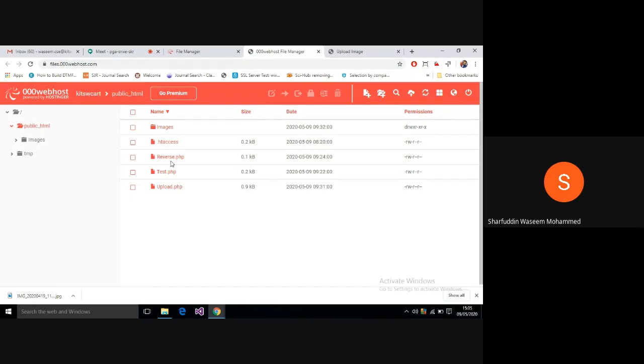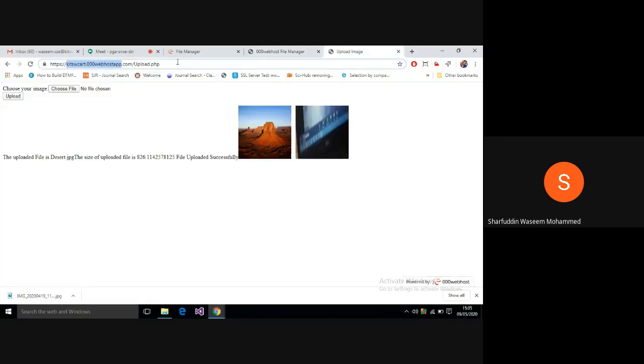So you see that I have now created reverse.php. I did not write anything. You can write your own logic for reversing a number, and you can check this. Okay, so uploading, you have already seen how you can upload the images. Now don't start uploading too much data. Why? Because this will get filled then.